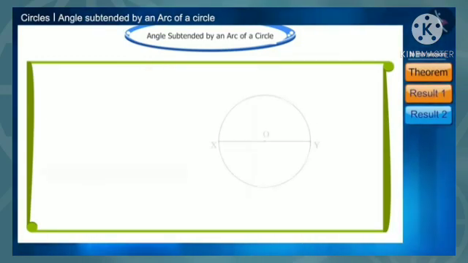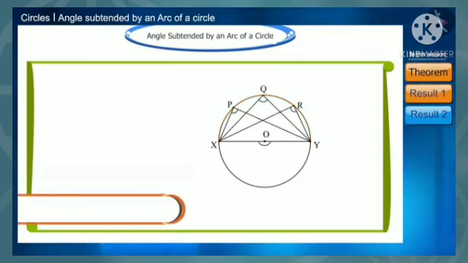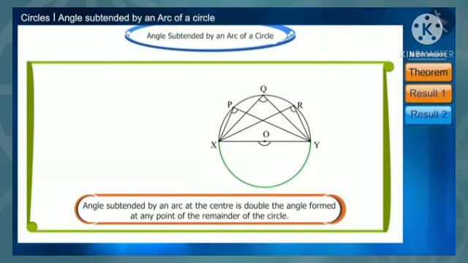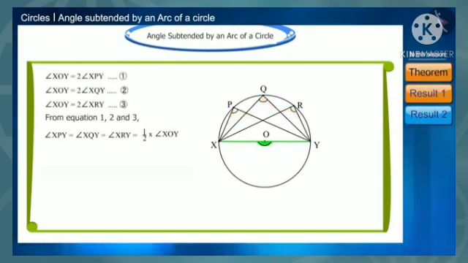If this arc XY is a semicircle, that is, chord XY is the diameter of the circle, then the angle in the remaining part of the circle, that is, this segment, will be formed in this way. And we saw the angle subtended from arc XY to the center, that is angle XOY, is twice the angle subtended at any point in the remaining part of the circle. That is, we can write these angles as such. And the angle XOY is the straight angle, so it will measure 180 degrees.